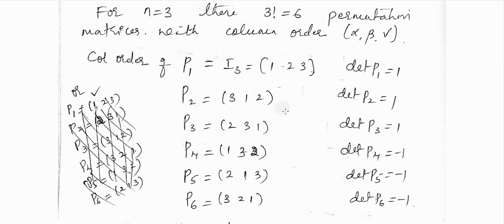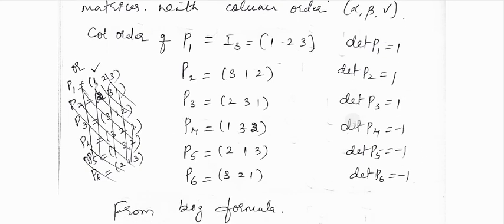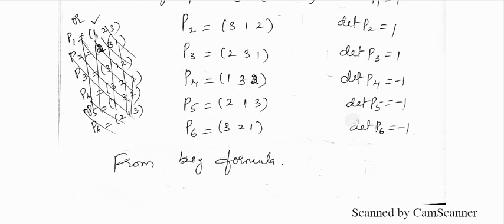So we'll get the determinant as plus 1 minus 1 plus 1 minus 1 plus 1 minus 1. So here I have found the determinant of these permutation matrices. For these column orders, I have written the permutation, that is determinant of P1. So after finding the permutation matrices of order 3, now let us find the determinant of the given matrix using